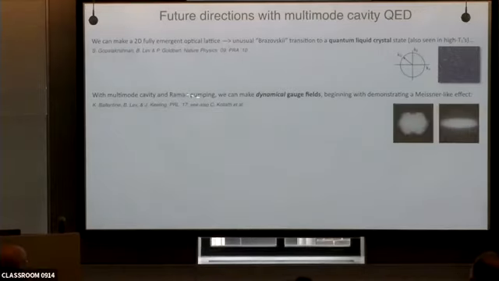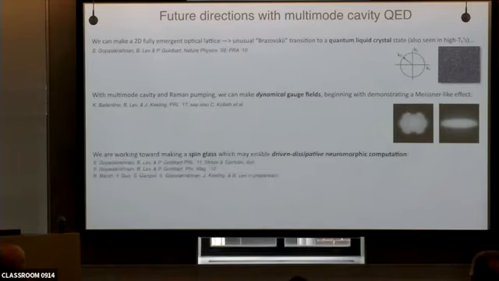This is an example from the paper we wrote with Jonathan Keeling, where you can see that you can expel vortices from atoms coupled to a cavity, just like the Meissner effect, but now using the photon-mediated interactions that are dynamical. And then I mentioned that we would like to make a spin glass to look at what is the intrinsic order of spin glass physics, and even quantum spin glass physics, where there's some entanglement among the atoms.